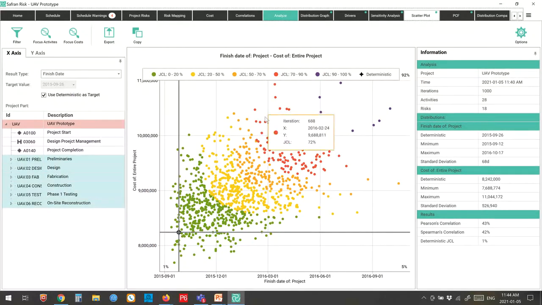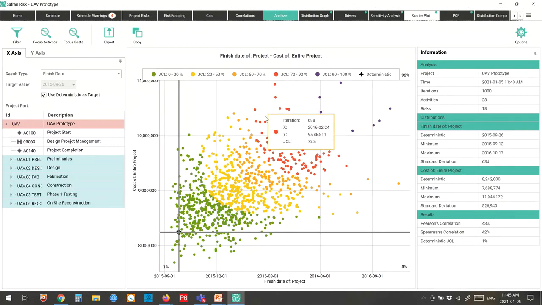So if I hover my mouse on one of them, there's one at 72%. Here's another one at 71%, and 70%. So again, what you see here is that our curve of P70 values actually becomes quite steep vertically and quite steep horizontally as we get out to more extreme values. But there's a range in here where the curve is changing that we can actually trade off